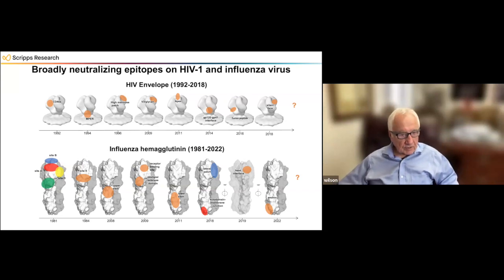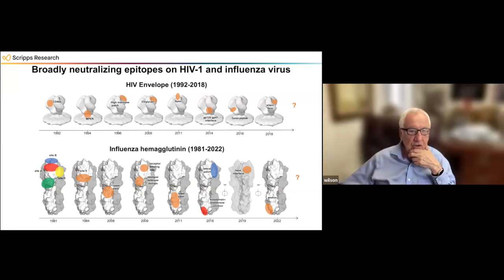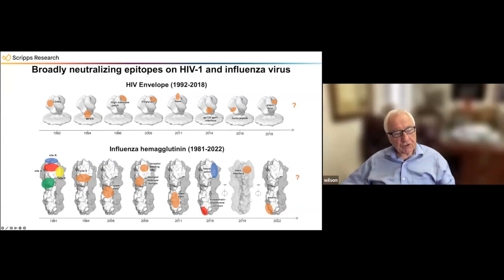If I start with the flu hemagglutinin down at the bottom here, then from that first structure and these red dots that I showed you, we had an idea of where the antibodies were targeting. We just called these the A, B, C, and D sites. As we went on, we started to find other sites, but it wasn't until 2008 when it was possible to isolate single B cells, and this was done in Michael Nussenzweig's lab, Dennis Burton's lab, and other labs.